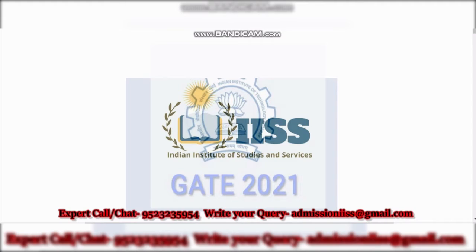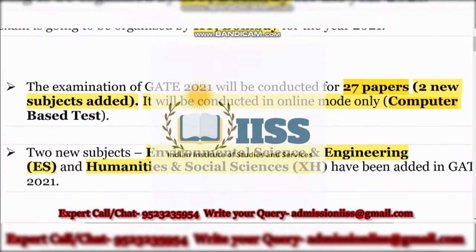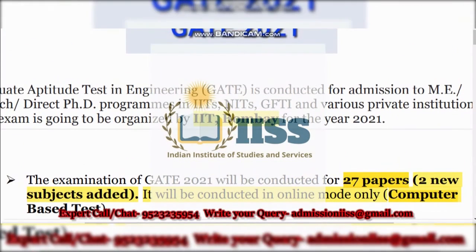This is a lecture on the introduction on syllabus, pattern, and the GATE examination of 2021. This introduction is useful not only for GATE 2021, but also for all the GATE examinations that are going to be conducted in the country post 2021 as well. So what are the few changes that have been made for GATE 2021 and obviously the future examinations? Let us see. But first of all, before that, I would like to tell you that GATE 2021 is going